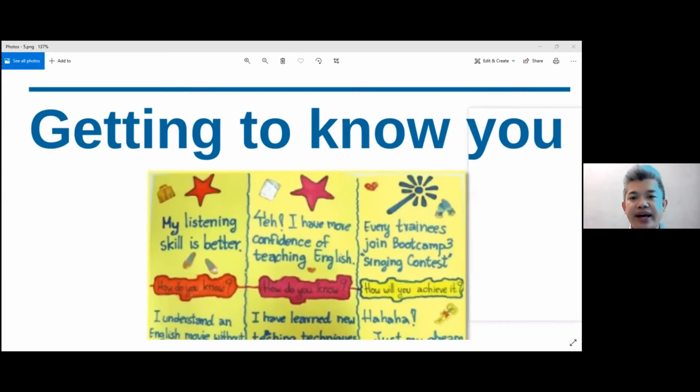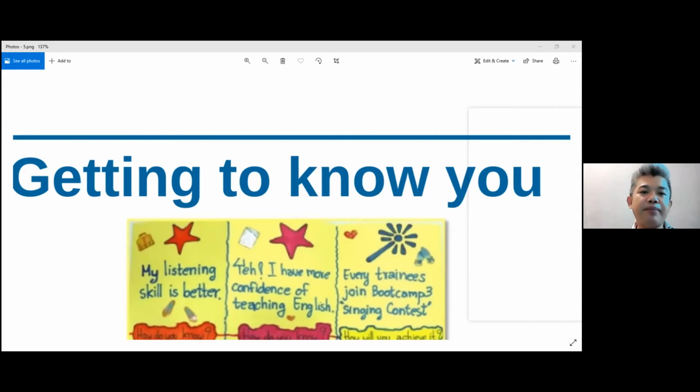Yes, I'm sending it to you now. Please, everyone, in 2 minutes write about your expectations, your stars and your wish. Please give 2 minutes, everyone, to write your stars and a wish about yourself in the Zoom chat. I have tried writing mine already. Let's have a look. You have 2 minutes. I'll wait and see how many of you can join us, please. 2 minutes. Tell me how many people have written back.